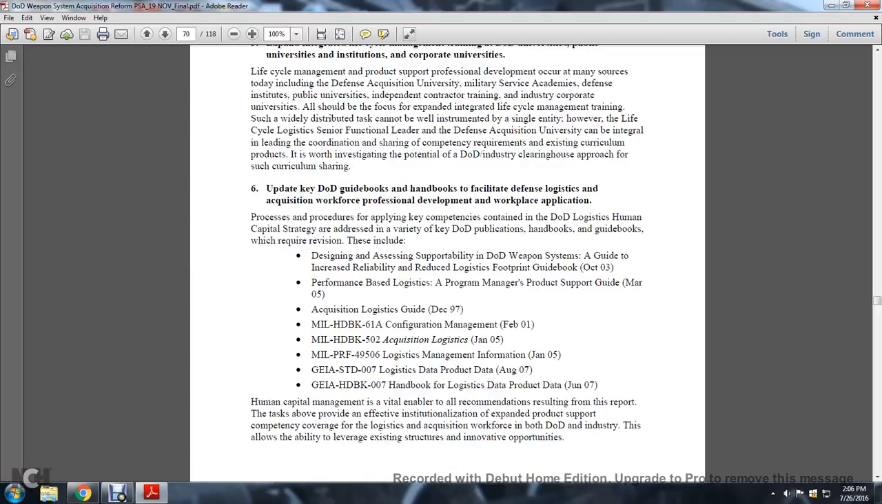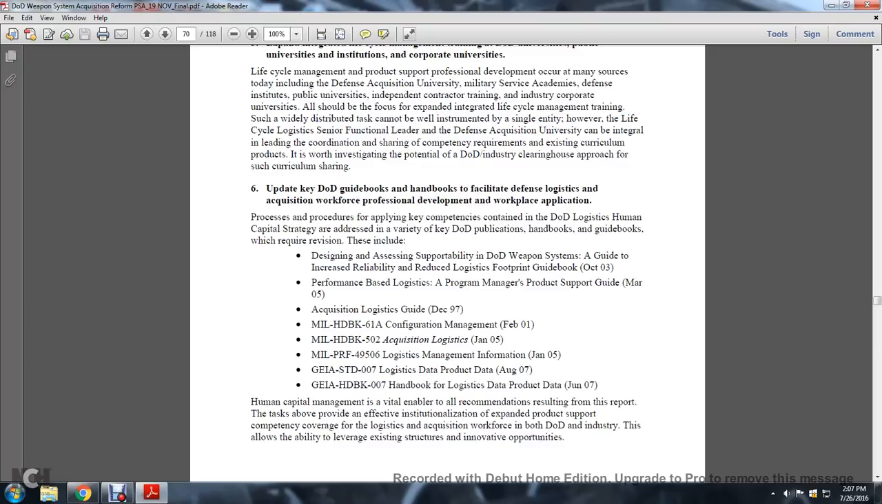6. Update and key Department of Defense guidebooks and handbooks to facilitate defense logistics acquisition professional development and workplace application processes and procedures. Key components contained in the Department of Defense logistics human capital strategy address a variety of key DOD publications, handbooks, and guidebooks which require revision. The Designing and Assessing Supportability in Department of Defense Weapon Systems guide to increase reliability and reduce logistics footprint, the Performance-Based Logistics Program Manager's Product Support Guide of March 2005, Acquisition Logistics 97, Military Handbook 61A Configuration